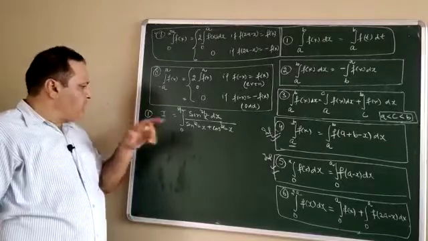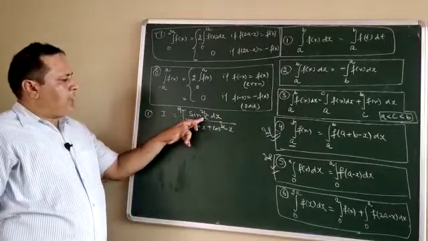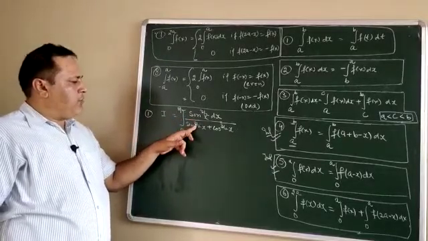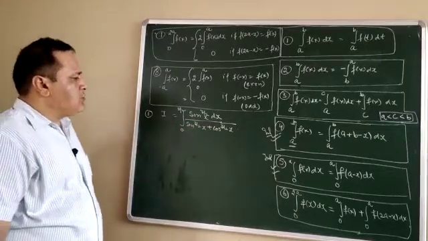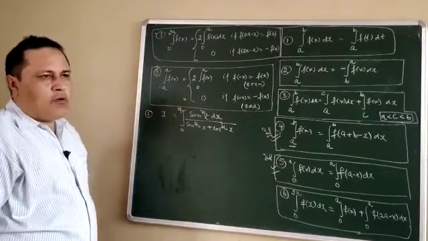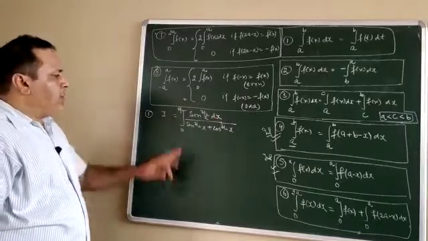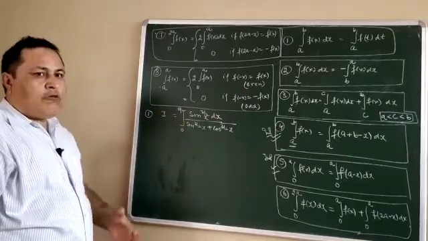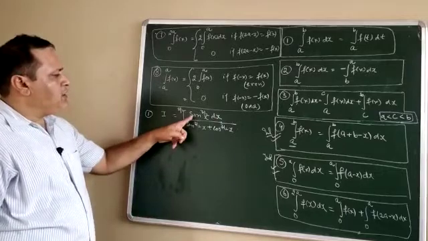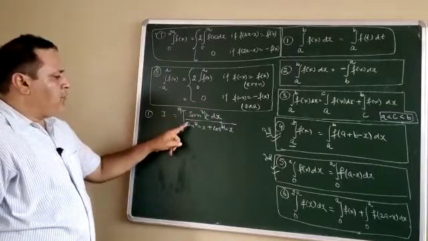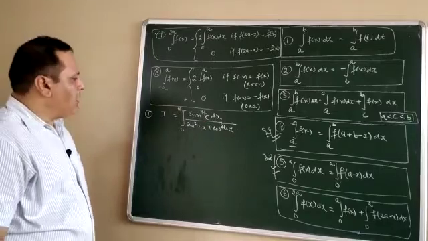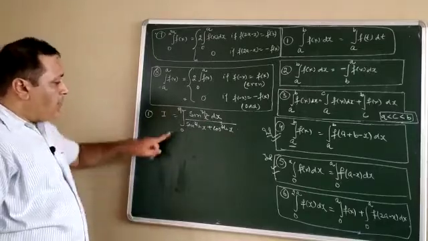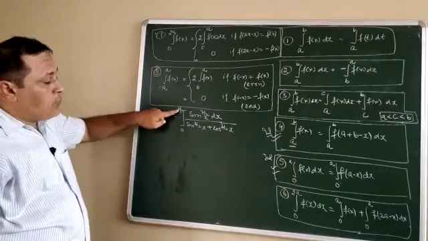The statement given to you is sine of x power 3 by 2, upon sine of 3 by 2x plus cos of 3 by 2x. See, in this question the power is given to you in the form of a fraction. So when the power is given in the form of a fraction or a very large power is given, for example sine to power 7 upon sine to power 7 plus cos to power 7, like that, in that case we apply a property. And remember, see, the limit is 0 to pi by 2.